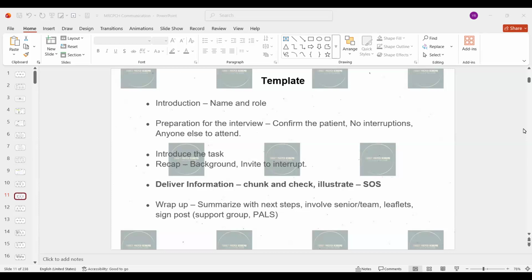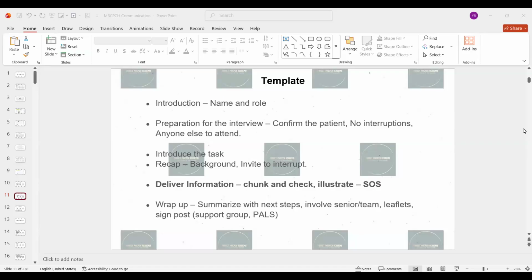Okay, perfect. Thank you. So it's already 9, so I'll start with the template and see how it is going. The session will be recorded so that people who are not able to join would be able to listen to it later. As we had discussed in the last class, we covered information giving scenarios: how to give information to a patient, how to talk about a treatment, and how to approach a teenager.